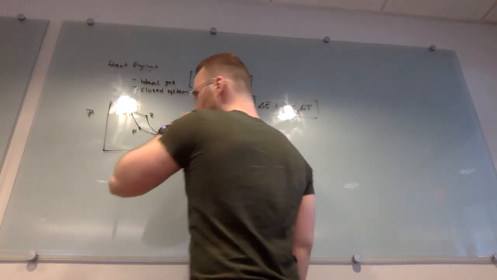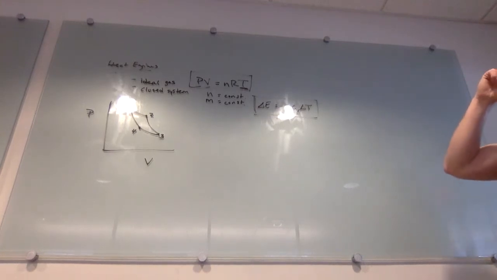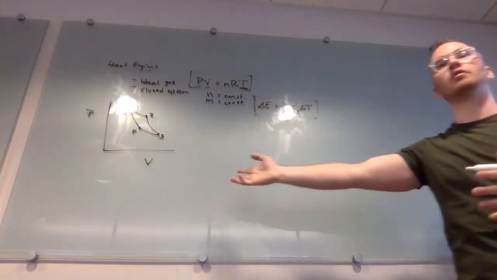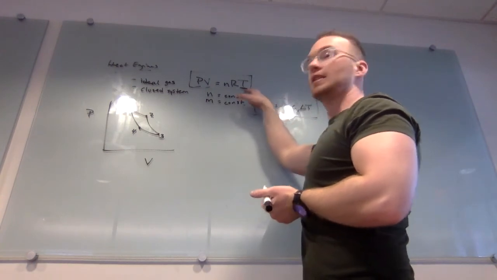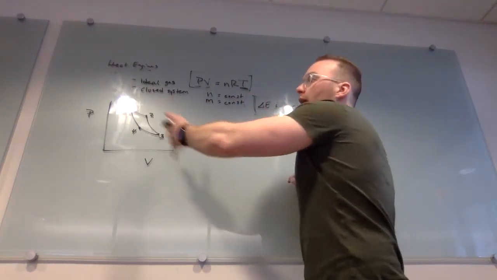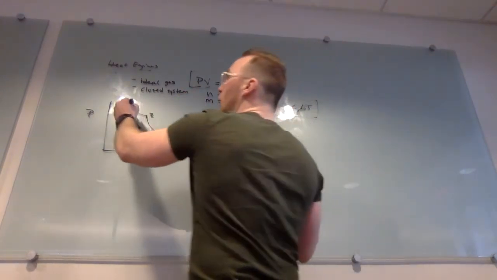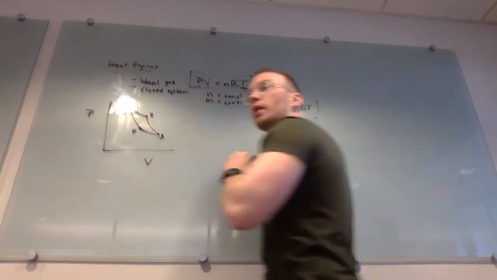I'm just labeling the vertices of this, and the vertices are like states. Each vertex has, of course, a value of P and a value of V. That's what defines them. And if it has a value of P and a value of V, it necessarily has a value of T. You can just compute it, right? And now, if I just draw it, because we don't know the scale, we don't really know these things. They would have to tell you